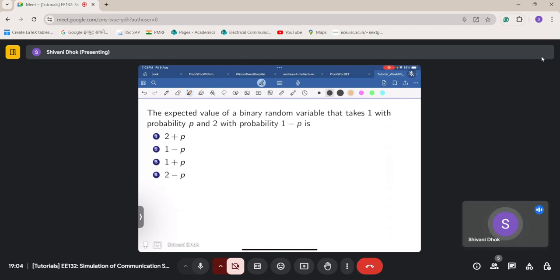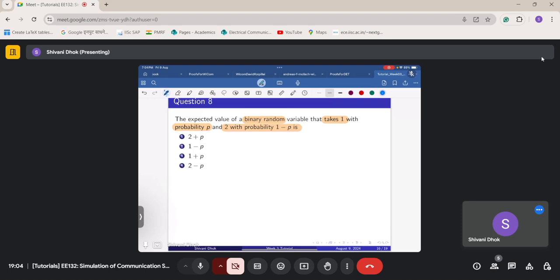The expected value of a binary random variable. So it is a binary random variable which takes value as 1 with probability p. It is equal to 2 with probability 1 minus p. So what is given to us is a random variable x, which is a binary random variable. It takes only two values, that is 1 and 2. And it takes the value 1 with probability p, and it takes the value 2 with probability